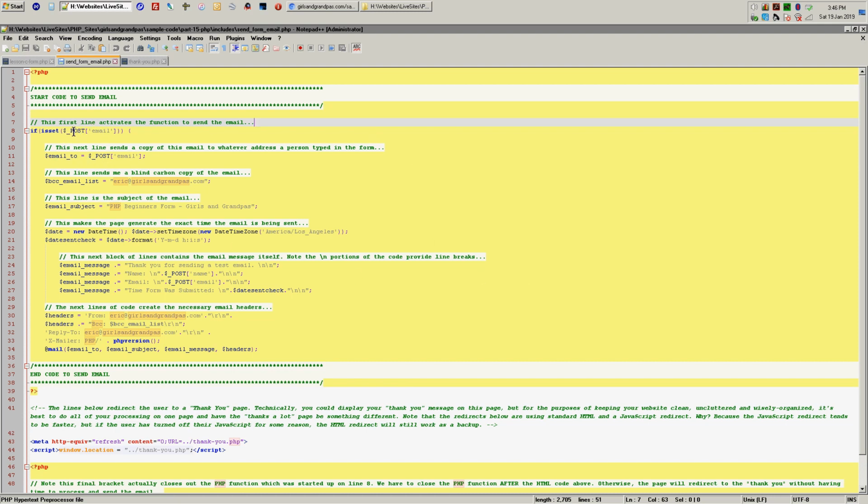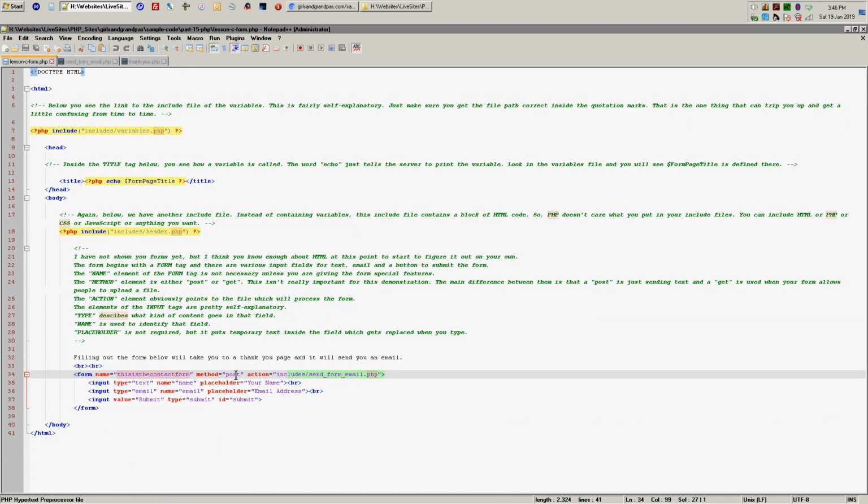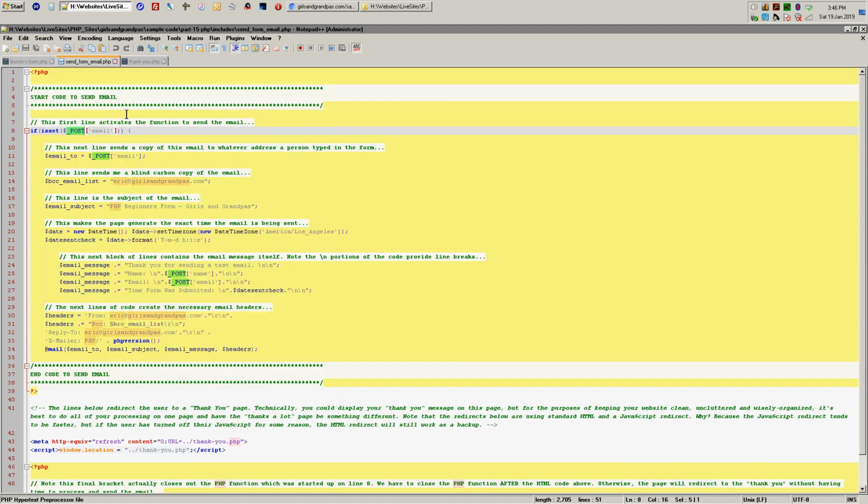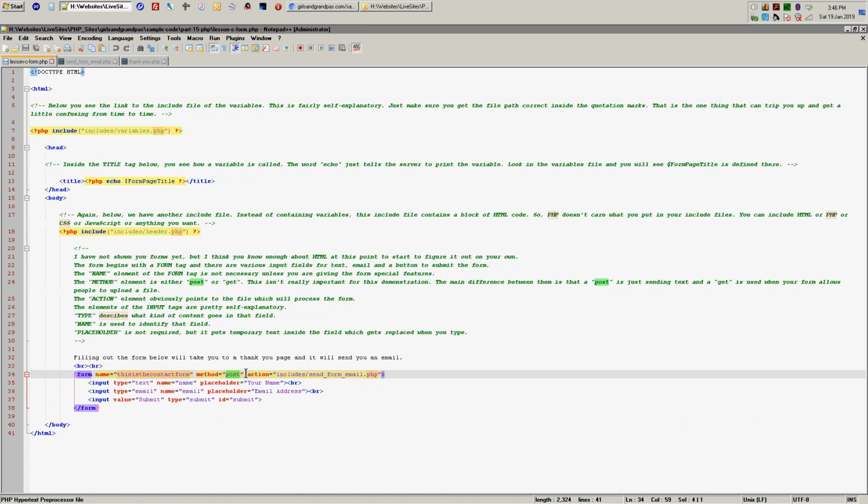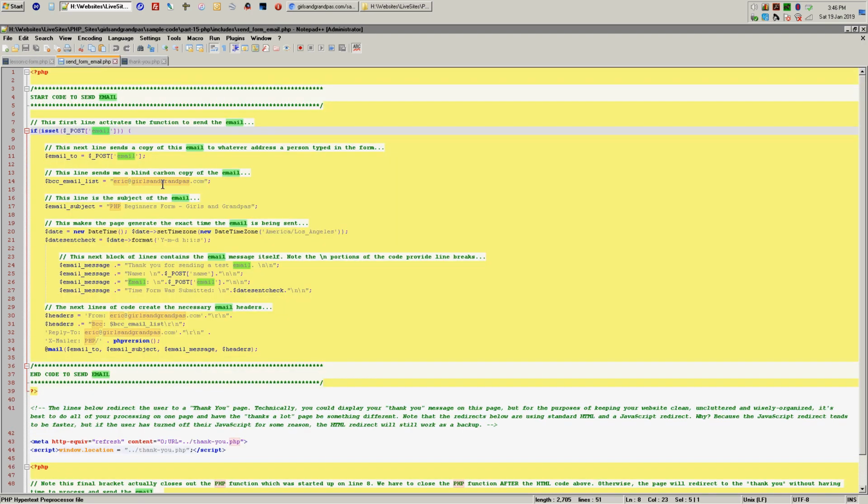So this is calling the form because it is a post form. It can either be post or get, the two different terms you can use when you're creating forms. It's not that important for this demo to explain what those are. Just know that that's what it's calling right here. So it's post. It's calling the email field, okay, because that's the name of this field. So it's checking to see that there's some content in there, and then if there is, it starts to process